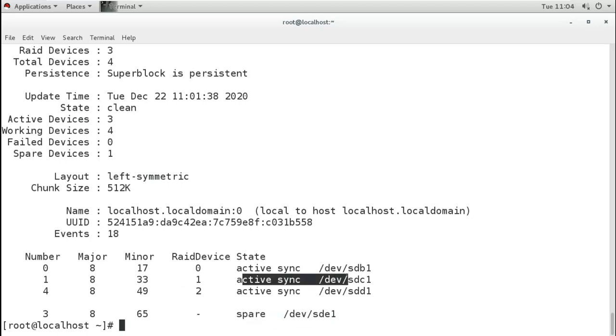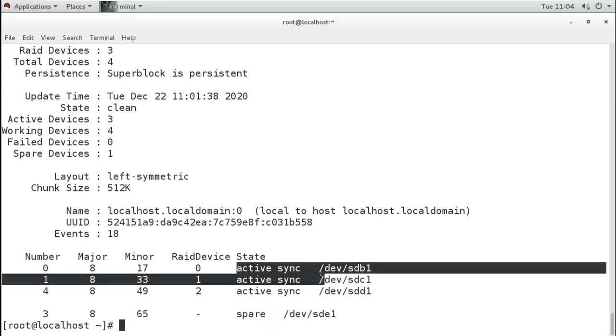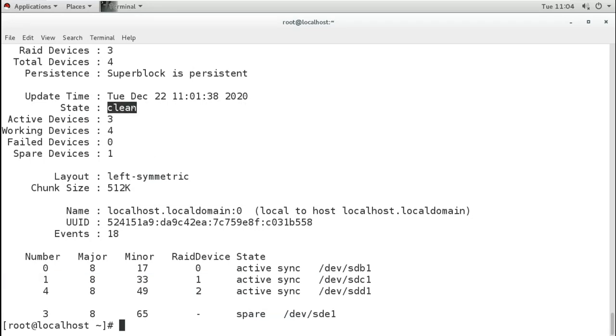You will do that when you check your RAID. But if you don't check and the second disk corrupts, then you lose the data. But when you have a spare disk, you don't have to check it every time. When you lose one disk, the spare will take the place of that disk, and the corrupt disk will show here as a faulty disk. So when you see this, you can remove the faulty disk and add a new disk, and that will be added as a spare. But your RAID will always work as clean. So you get some extra time to recover your RAID.